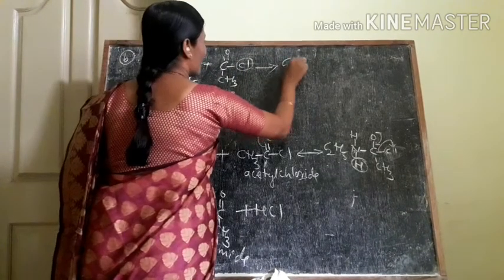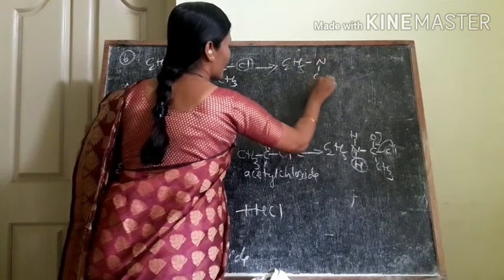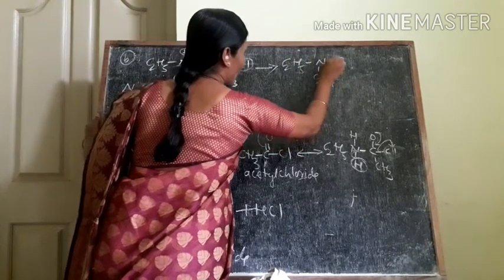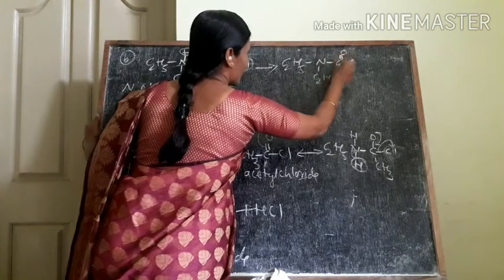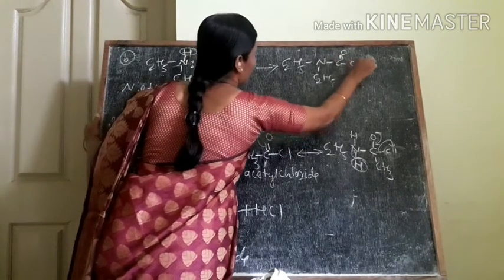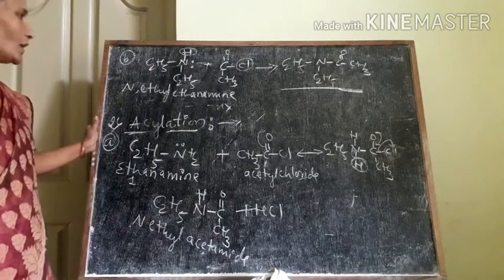It becomes C2H5 and now it is C2H5 bonded to C. This is double bond O as it is and it becomes CH3. Yes, so this compound is said to be